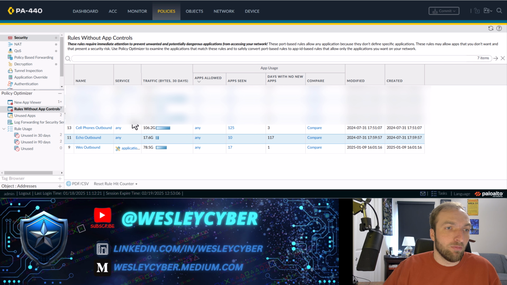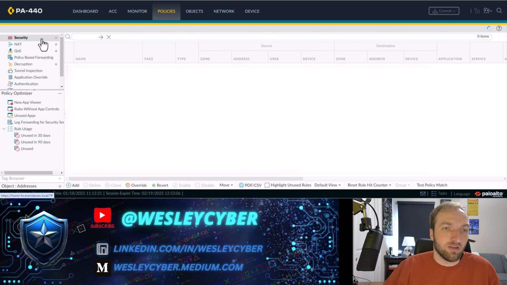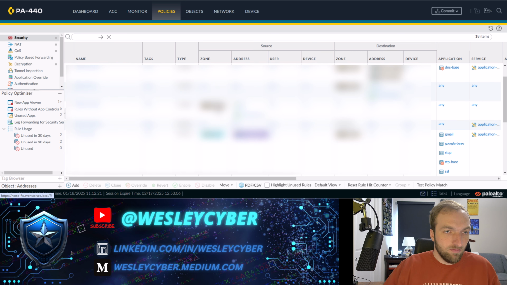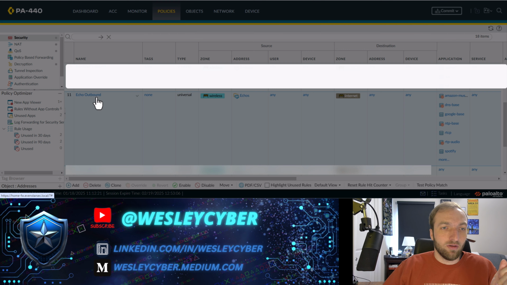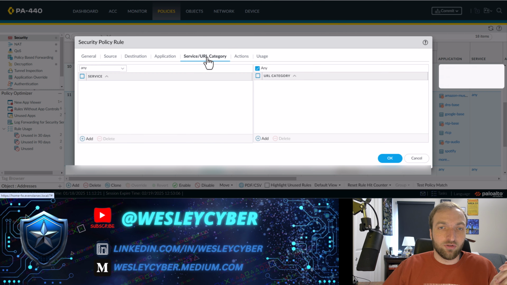So now if we go back to the security policies and we scroll down to the echo, you can now see that those applications have been added. What you'll also notice though is that the service has not been added. So these ports have not been locked down. But we also want to do that. Again, I'm trying to configure this for a high security configuration. So I'm going to open up this policy and go to the service/URL category tab, and I'm going to change